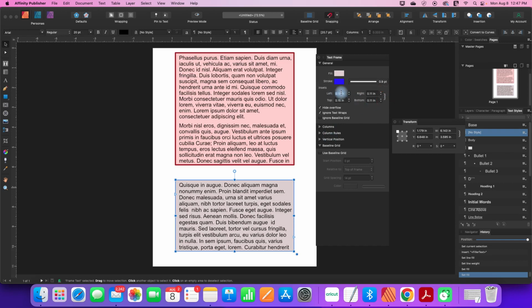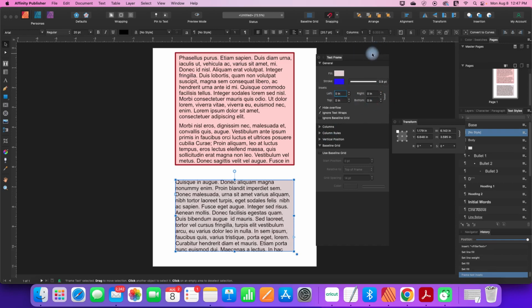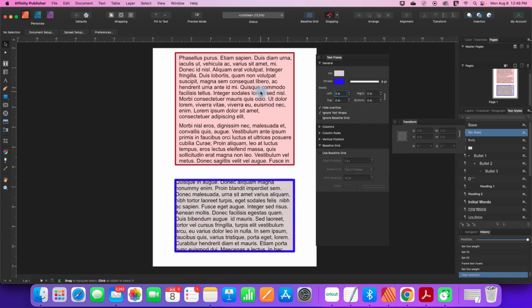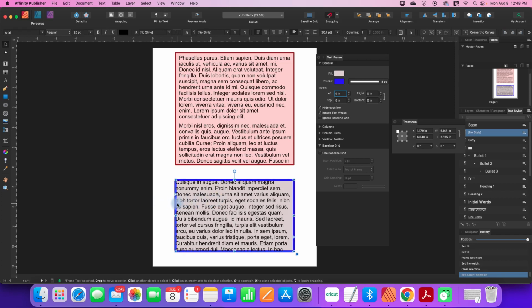Now, one thing I want to show you that's relative to creating an outlined text box is, let's take this stroke here and let's make it thicker. Now, watch what happens. It's starting to kind of overlap our text here. So you can see that's not a problem in this box, and that's because I adjusted the insets. So the insets is how far away from each edge of your text box the text is placed. So right now it's defaulted to 0, which means it's right up against the edge of the borders of the